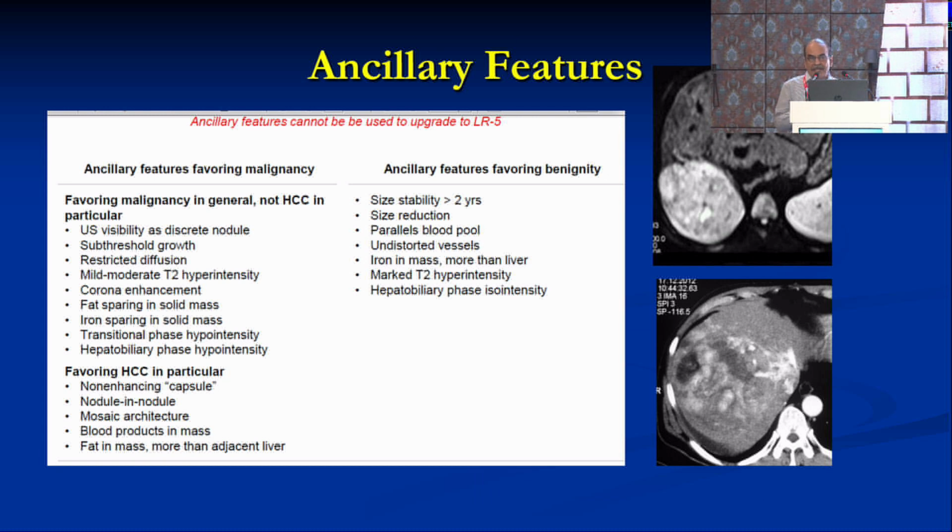Ancillary features, there's a long list of ancillary features that has been laid down in the LIRAD nomenclature. I'll focus only on 2 or 3 of them. The presence of fat within a lesion is taken as an ancillary criteria, which is suggestive of HCC. Presence of restricted diffusion on diffusion-weighted imaging is also taken as a criteria which favors malignancy. And as I mentioned in the earlier slides, we can use the ancillary features to upgrade the category of a lesion by 1 grade. So if you have an LR3 lesion which shows you 1 or more ancillary features, you can upgrade it to an LR4 lesion, but you never take it up to the LR5 category, which is a